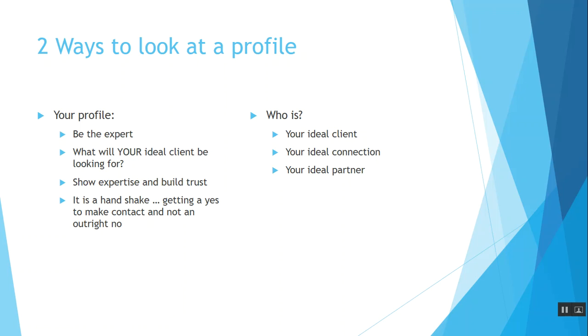The next question then is to say, but who is your ideal client? Who is that person that you want to attract when working on LinkedIn? That's the first one. The second one to consider is, but who is my ideal connection? The ideal connection is the person that could put me in contact with my ideal client. And then a third one is, who's your ideal partner? Without defining this, it will be difficult and hard to update your profile. So take some time, spend some energy, and think about and write down who your ideal client is, your ideal connection, as well as your ideal partner.